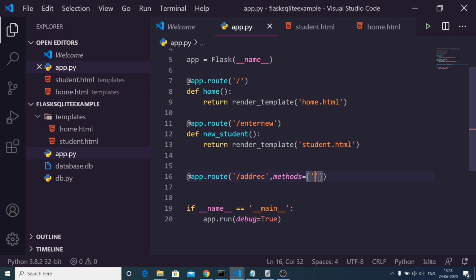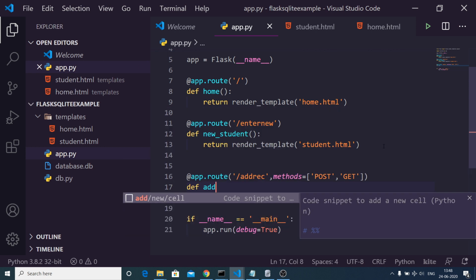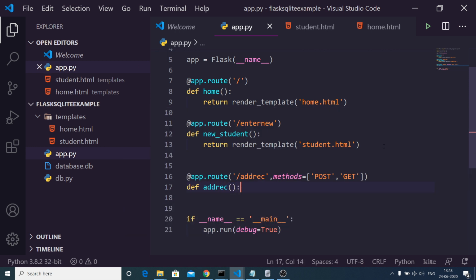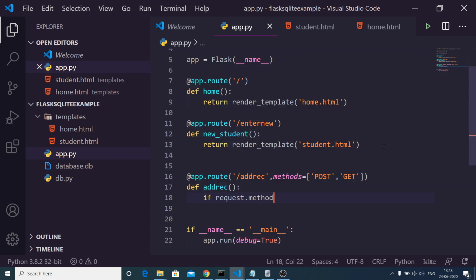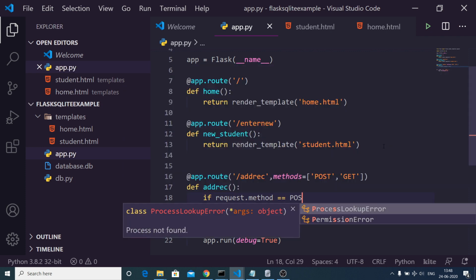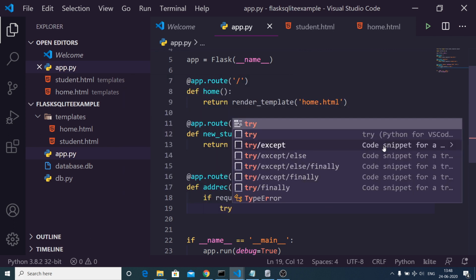This methods either can be a post method or it can be a get method like this, and here we will be defining a function which will actually add the record for us. So first of all we will check that if the request.method is post. If this is a post method, in that case we need to process this form, put a colon, and inside try catch we will process this form.